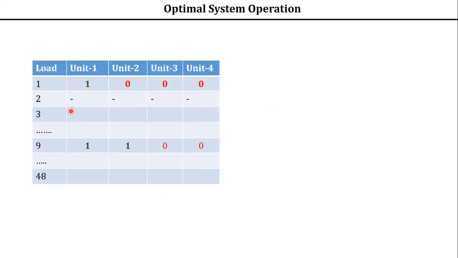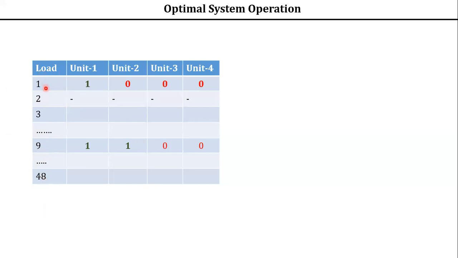This is the load. Now there are totally 4 units, isn't it? Each is of 12 megawatt. So what is the maximum load that these generating units can take? Each unit is 12 megawatt, there are 4 units, so obviously 48 megawatt, isn't it? So load when it is 1 megawatt, 2 megawatt, 3, etc. 9 megawatt we have taken as an example and explained it, till 48. That means you should have all these loads in this table.